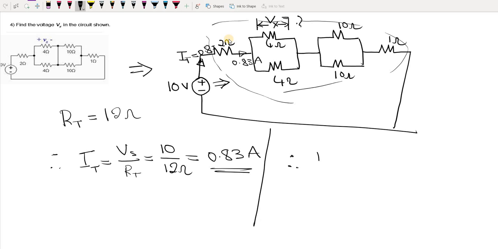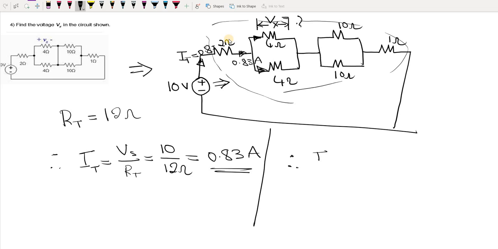So therefore the current through 4 ohms, that is this current I want, no? I want to find this current, then only I can find the voltage. This is the total incoming current. These two are the outgoing currents, branch currents. Some current will go in the top part, the remaining part will go in the bottom part. So that the two currents added up will be equal to incoming current. 0.83 is equal to I through 4 ohms and I through another 4 ohms.